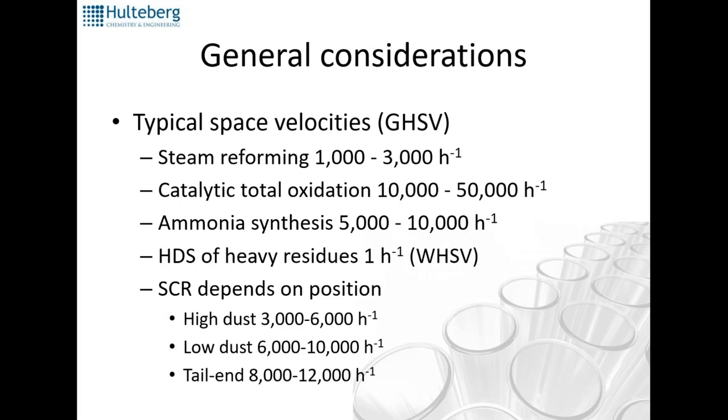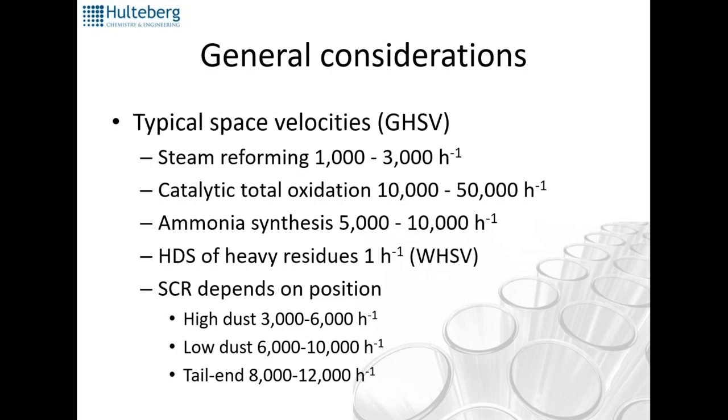And then, depending on where we position a catalyst for removing NOx, selective catalytic reduction of NOx, we actually end up with different space velocities. So if we have a position which has quite a lot of dust, we need to have a very open catalyst structure to let this dust pass through the catalyst without clogging it. So then we use a very open catalyst structure, but then we can squeeze less catalyst mass into the equivalent volume. So we need more volume to get